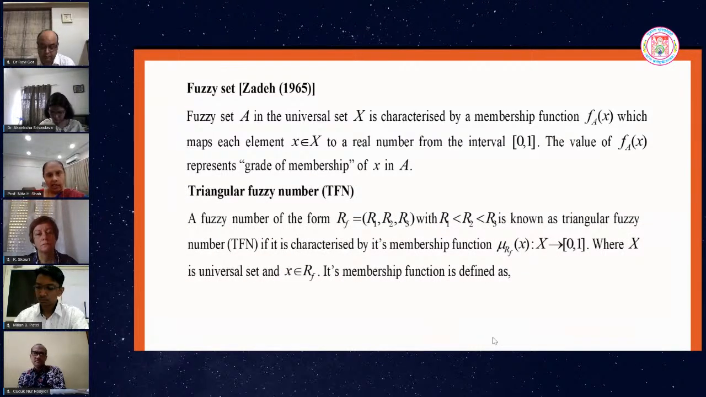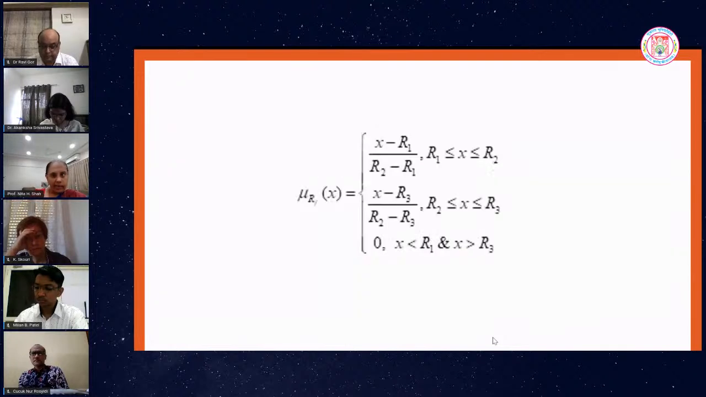This is widely used: triangular fuzzy numbers. A fuzzy number of the form R1, R2, R3 with order R1 less than R2 less than R3 is known as a triangular fuzzy number if it is characterized by its membership function, say mu R tilde, which is a function from X to the closed interval [0, 1], and X is the universal set, as I said earlier. Then its membership function is defined as,